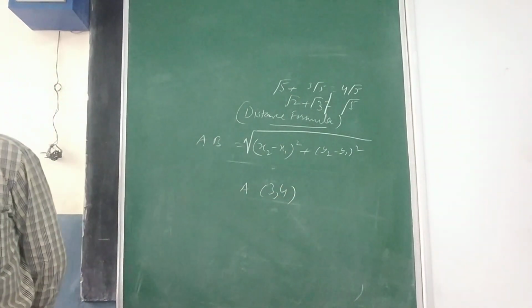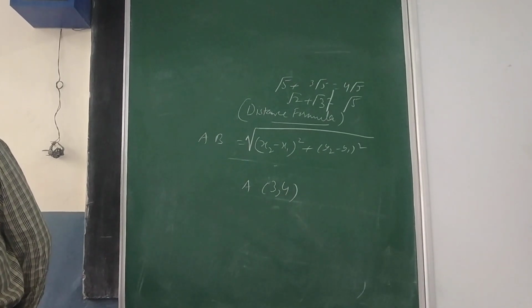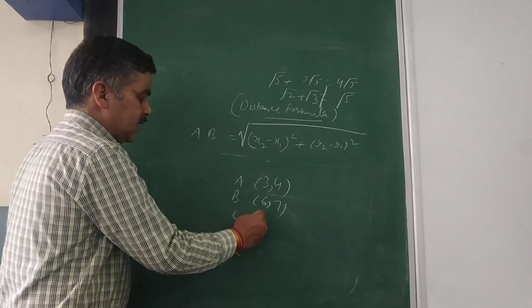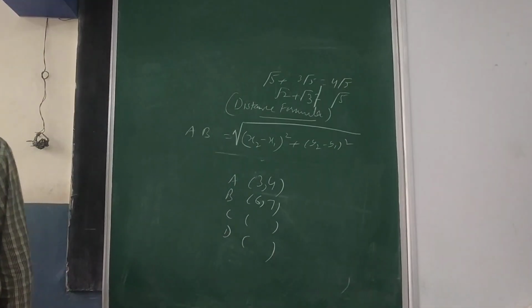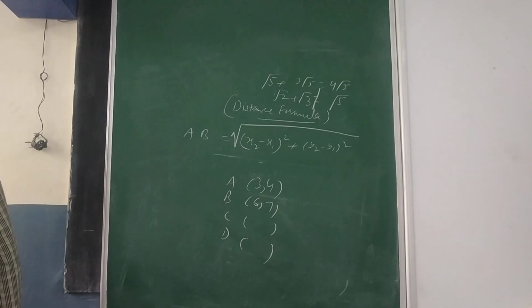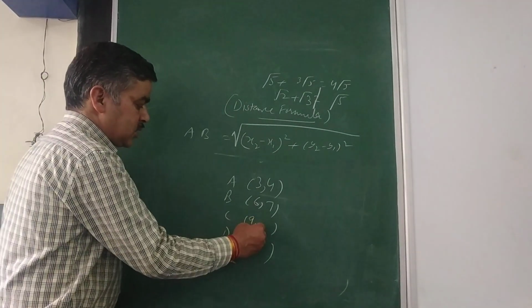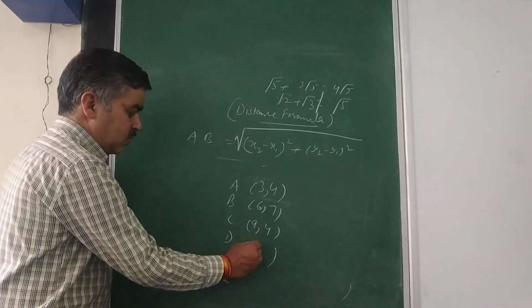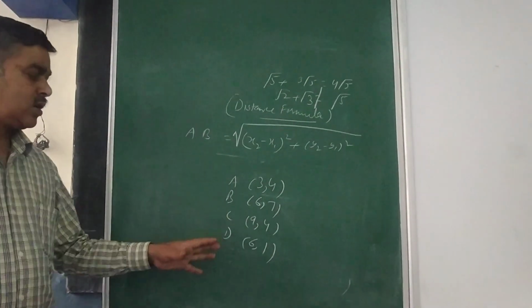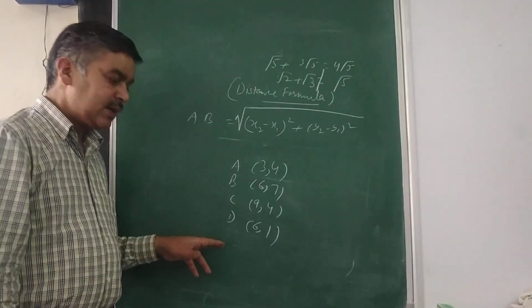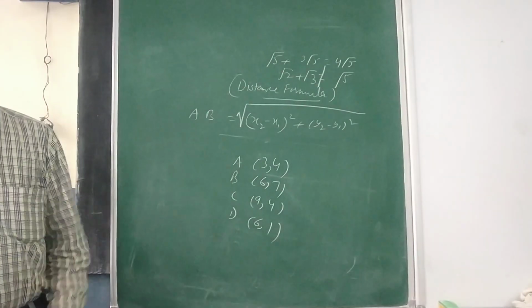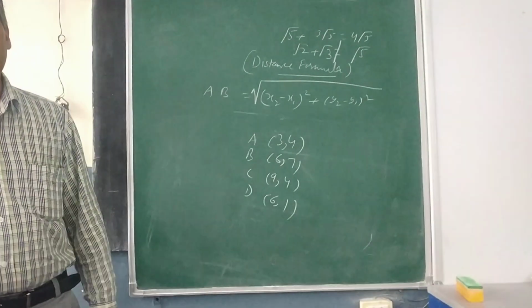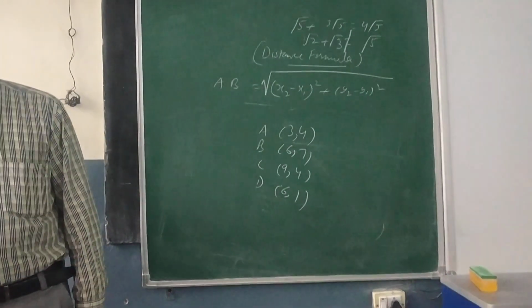Then B is at 6 and here it is at 7. So what are the coordinates of B? 6 and 7. Similarly, read the coordinates of C and D. So C is at 9 and 4, so abscissa is 9, ordinate is 4, and for D it is 6 and 1. So now these are the coordinates. So find the lengths of AB, BC, CD and DA. All 4 lengths you have to find, and then check whether that is a square. If all the 4 sides are coming equal, that means it is a square.